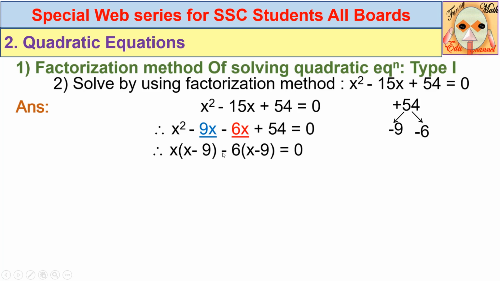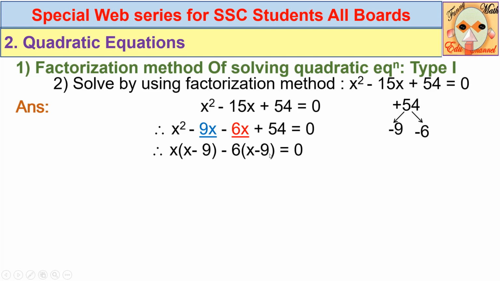Here is minus, you have to give the minus sign here. So 6 into bracket you get x minus 9. You know that minus 6 into minus 9 you get plus 54. So as you simplify this you must get this, and if you simplify this you must get this.